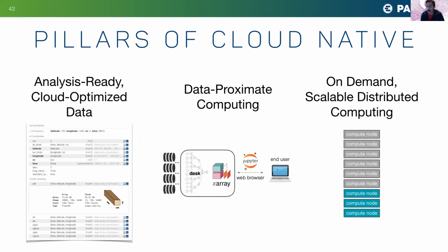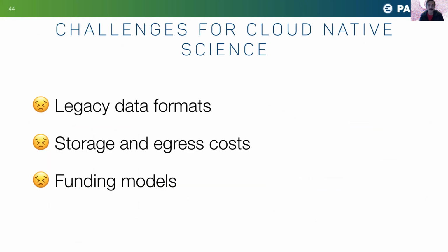So to summarize, these are what I see as the three pillars of cloud-native science: analysis-ready cloud-optimized data, data-proximate computing, and on-demand scalable distributed processing. I would love to be just doing cloud-native science all the time. But unfortunately, there are some challenges that are preventing us from really realizing this vision. Pangeo has built some great prototypes, but we have not managed to migrate our whole field into